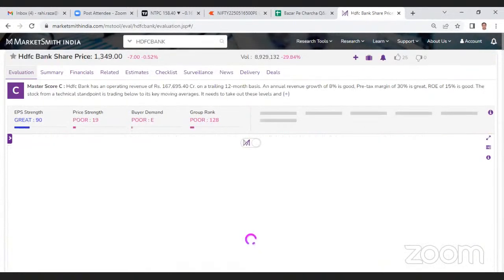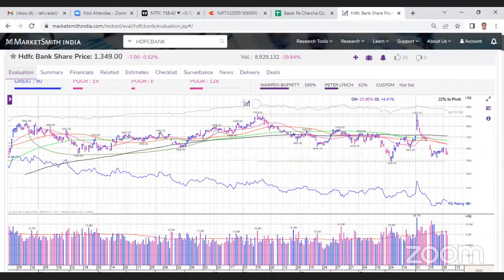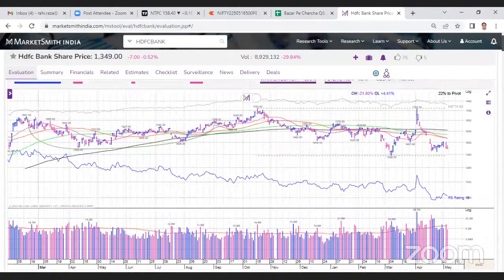So HDFC Bank, if I talk about, it is trending below all key moving averages. Chart formation is also not looking that attractive, be it weekly or monthly. Trend is deteriorating, momentum is deteriorating on the daily and weekly chart also. So I can say that